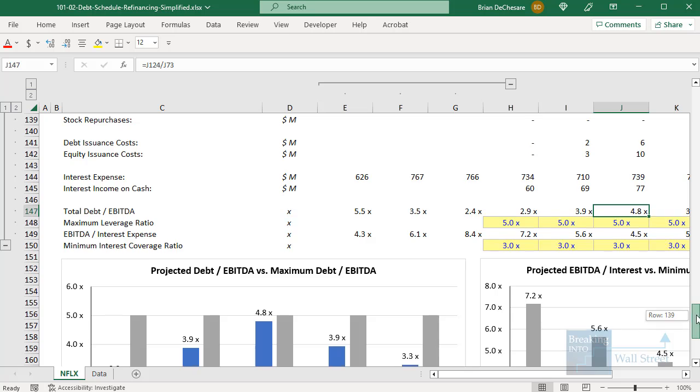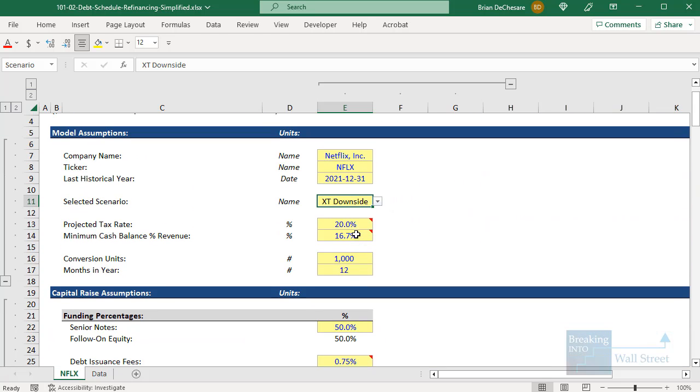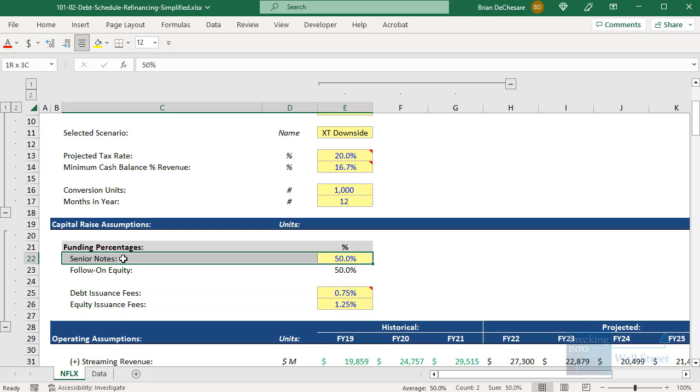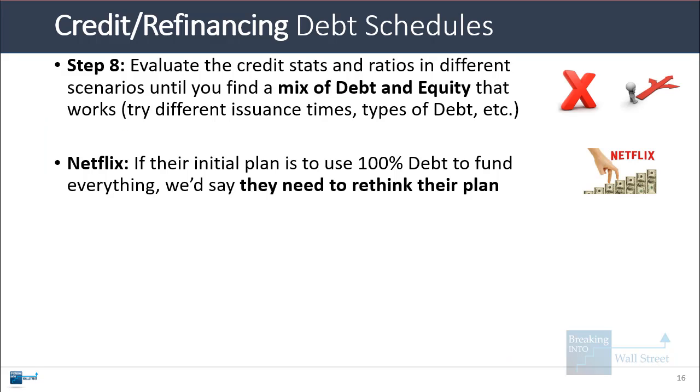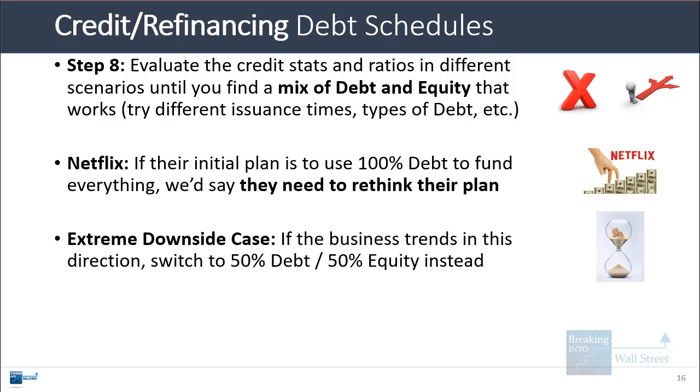We might tell the company something like, if their business is not doing well for a few years, they should consider switching their capital structure mix and using more equity and less debt, fewer senior notes in this case. The bottom line is that if the company's plan is to use 100% debt to fund everything, we'd say that they need to rethink that and probably do something a bit different in these downside cases. In the extreme downside case, if the business is really trending in that direction, we would probably recommend 50% debt, 50% equity instead, and maybe even lower debt, maybe even 25% debt, 75% equity, although we haven't looked at the